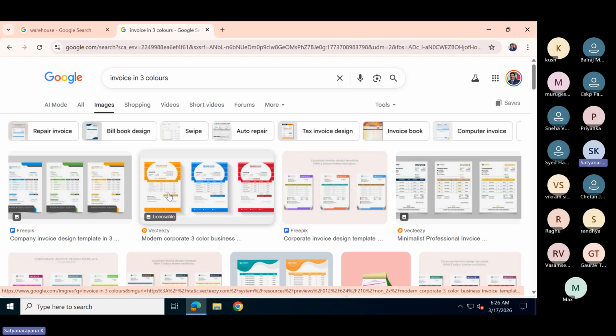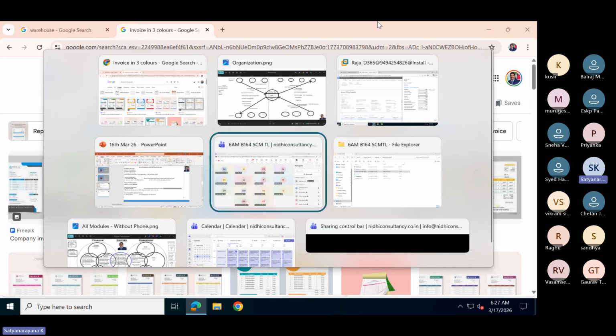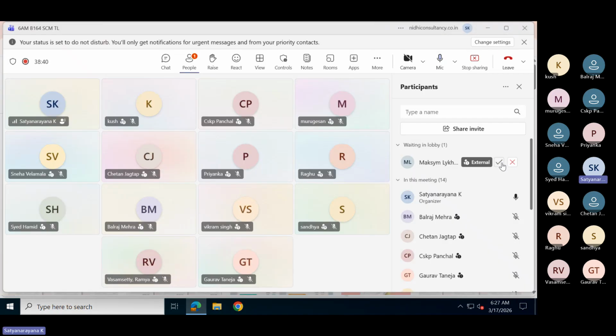One document for their filing purpose, one copy for the transporter because it is delivering from Mumbai to Bangalore, one copy to you. So this invoice will have number and date, invoice number and date. That invoice number and invoice date you need to enter here.